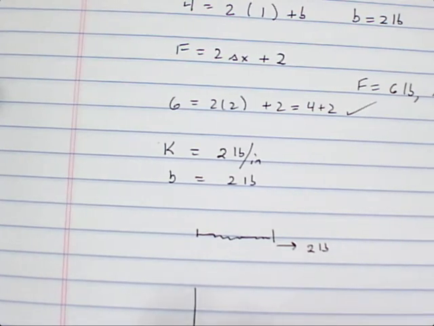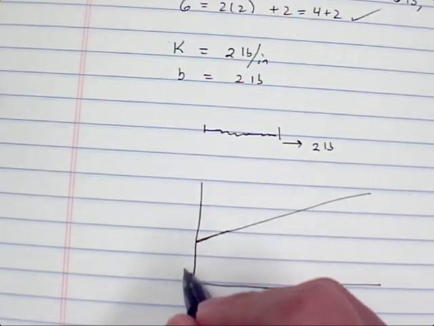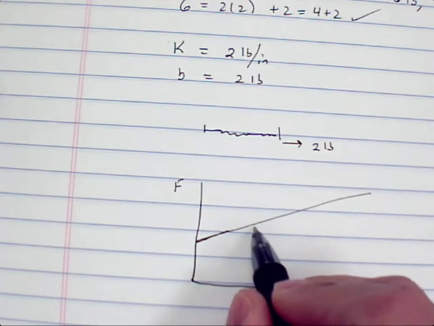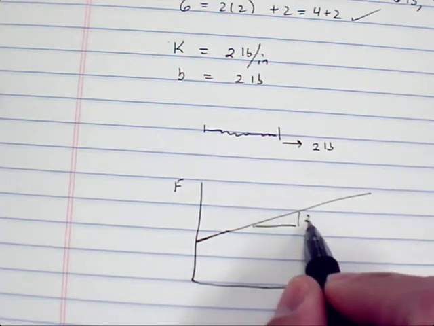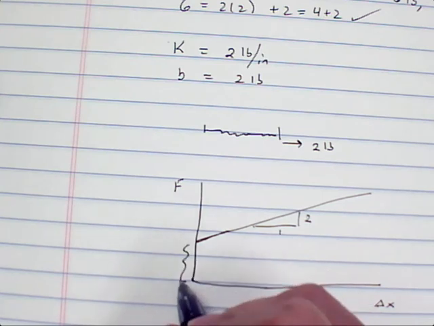So if we just do a simple plot, our plot is going to look something like this, where if this is force and this is delta x, you're going to have an upward slope. The slope is given by 2 units by 1, and this offset is given by